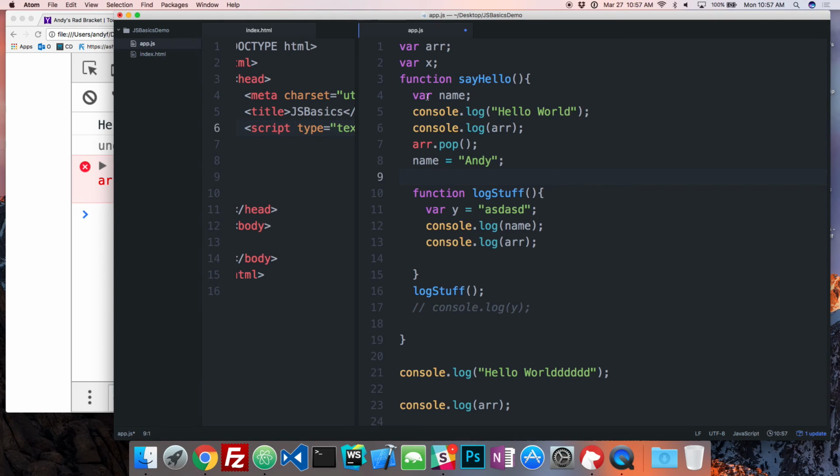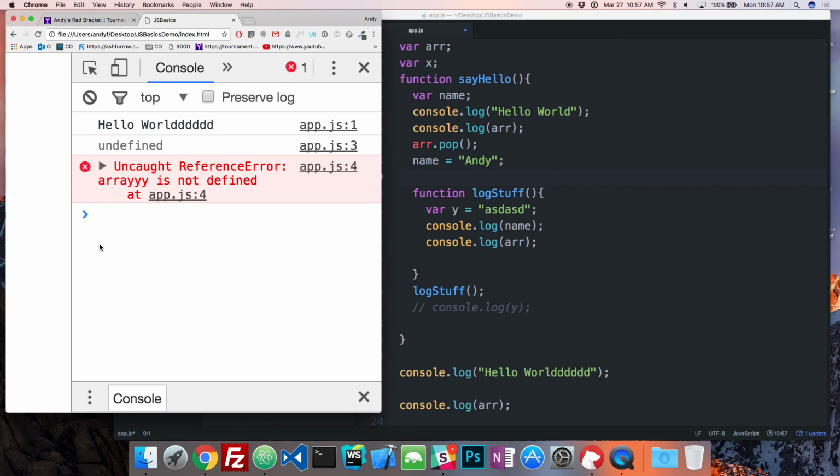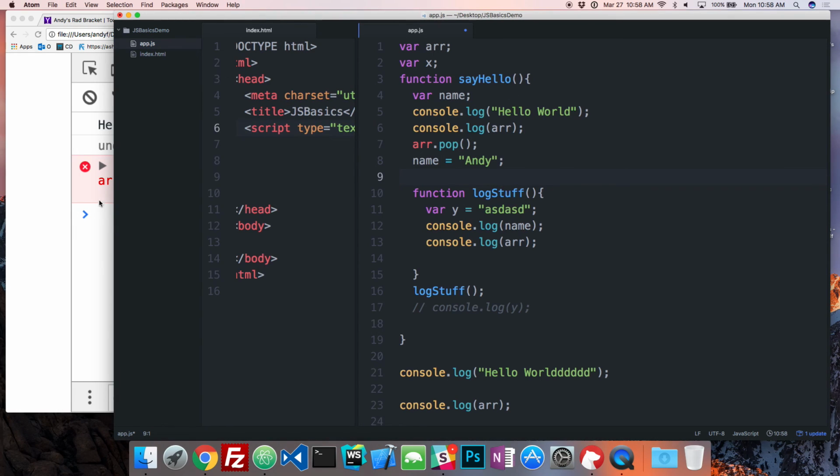So it does this because of these things, right? If you don't do that and you try to access something, then it's really going to give you an error and it's going to stop everything, right? But if you hoist it up, it's just going to give you some undefined error and everything will continue to execute. But why would you want to call it before you define it to give it a value? Well, sometimes you don't know where the function is defined, but you want to run some stuff on it, right?